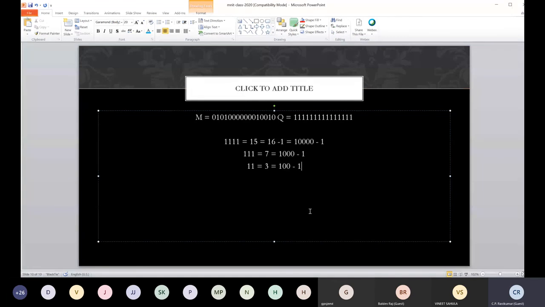So Booth says, if you ever have to do a multiplication by 1 followed by all zeros, just treat it as so. You will have to do a subtraction in order to start, right?